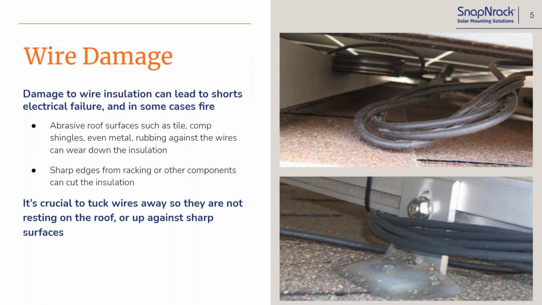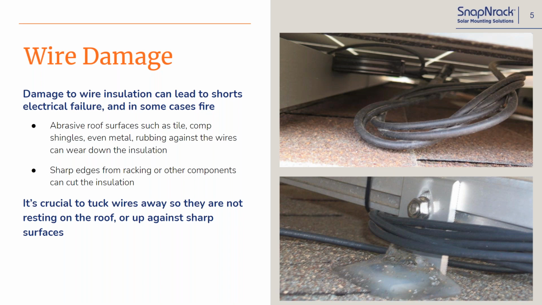Andrew, you've got some great slides here on some of these things around wire management and some simple things that installers can do to have better outcomes and pass more successfully. Yeah, so one of the big things with good commissioning, both on the inspection side and on the longevity of the system and service calls, is managing your wires and cables. If you look at especially a composition roof, it's essentially sandpaper up there that wires and cables can scratch along. It's super abrasive, and eventually that insulation wears out. You can have shorts, all sorts of things.